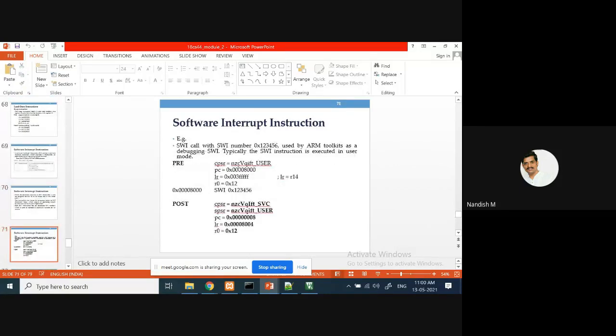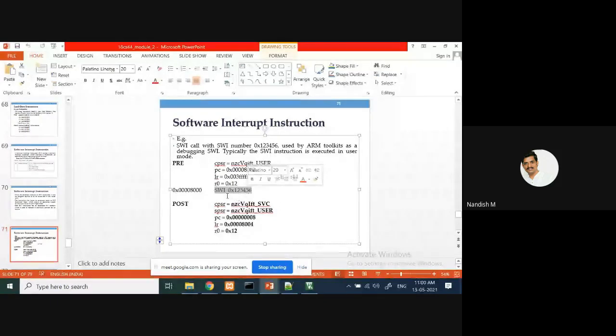Is there any example? Yes. See here. SVI, some unique number. Whenever we call the software interrupt exception, this number followed by this, what exactly will the PC update? See, you are forcibly raising a software interrupt exception.